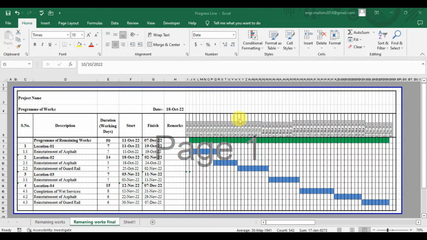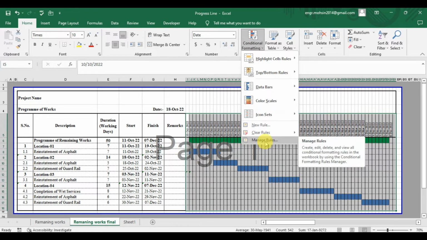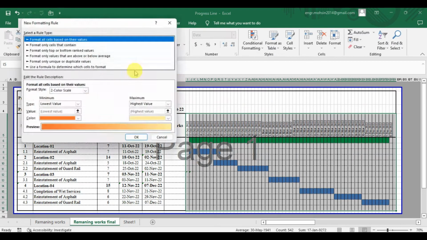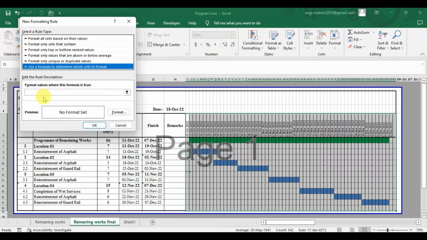Now I want to keep here only a status or the progress line here so that I can understand how much work should be completed. So for this what I will do, I will select all this entire bar chart area including the dates and I will go to conditional formatting, here new rule, and then use formula to determine which cell to format, and here I will write the function IF bracket, and now I will select the first cell of this range